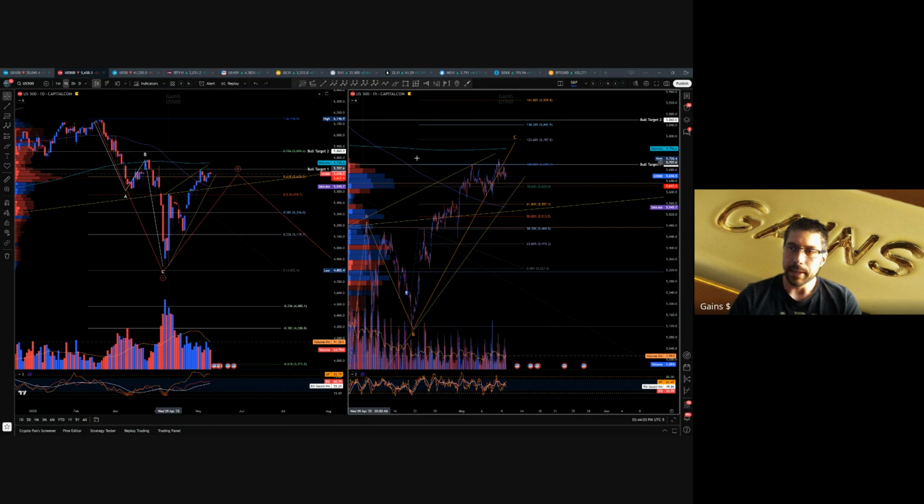There's just a lot, and a lot of bears are going to be defending these levels. The last thing I'll say here is that it's possible we would see something like a head and shoulders like this, where maybe Sunday there's no China trade deal or something like that. We see a very, very small pullback, and that might be a good spot to add a long scalper or two, and then we could probably see a buy up that might take a day or two, and then you could see this head and shoulders pattern. But it's still too early to tell. I still think that this is not as realistic. For the S&P it might be, but for the Nasdaq, I think what we see is just a little bit higher.